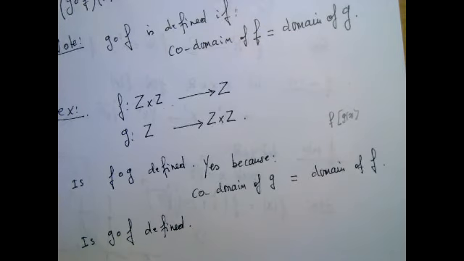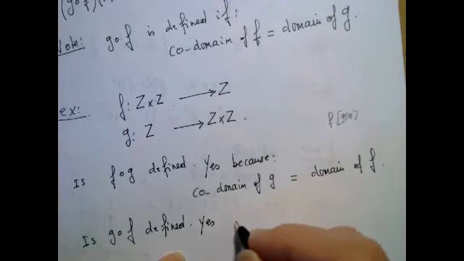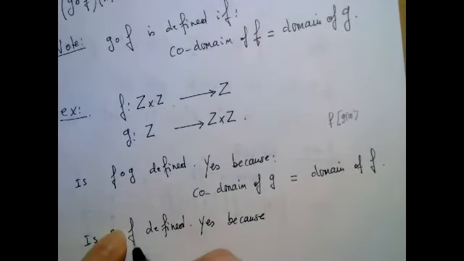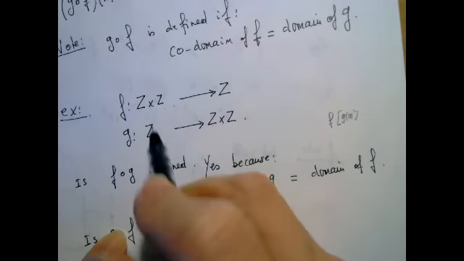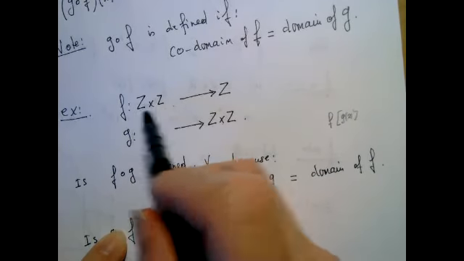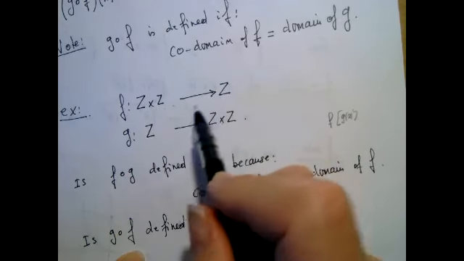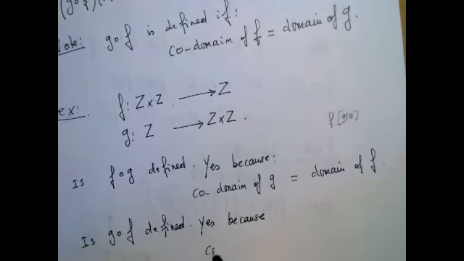What do you think? Yes or no? Also, yes. Also, yes. Because? The codomain of F is equal to the domain of G. Yeah. Usually I think about it. I said f of x. What is f of x? F of an input. It's in Z. Okay. Can I define G of something in Z? Yes. Again, because codomain